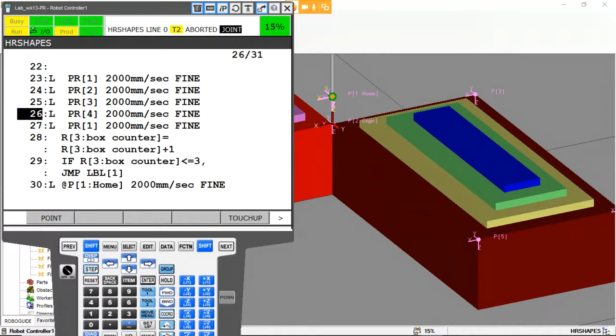Sometimes it's more convenient to use offsets. Sometimes it's more convenient to just modify the point itself. It just depends on what your needs are. Like if you're palletizing, or stacking a pallet or something, you could use offsets, but it's probably just as easy to modify the position register. Okay. All right, so now